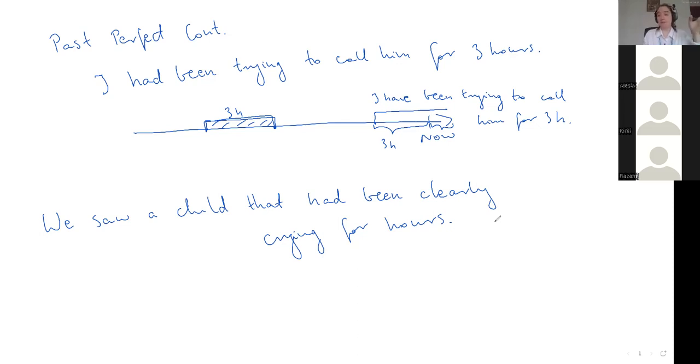We don't know what happened next, actually, because unless I continue the story, we don't know. Just from the sentence, we can't judge that. We don't know if that was the moment when the child finally stopped crying, or maybe they were crying for another hour or two, which would be really dreadful. But still, we don't know that. I'm just giving you a sign that this had been happening for hours right before I saw this child. And then the story goes on, and then we figure out probably why I said it and what significance it had. That's that about the perfective tenses.